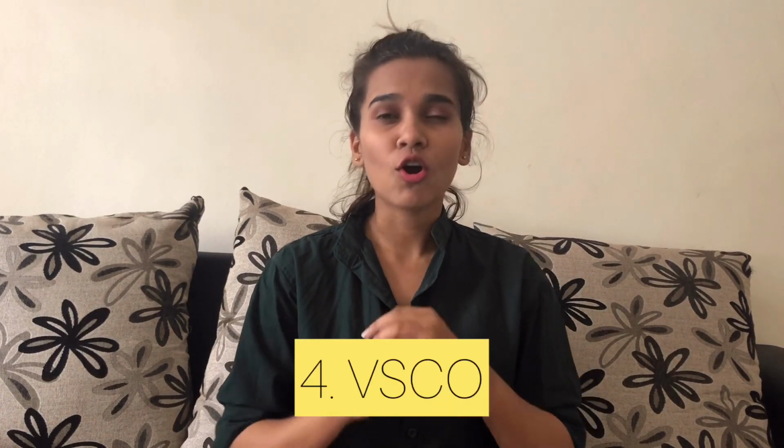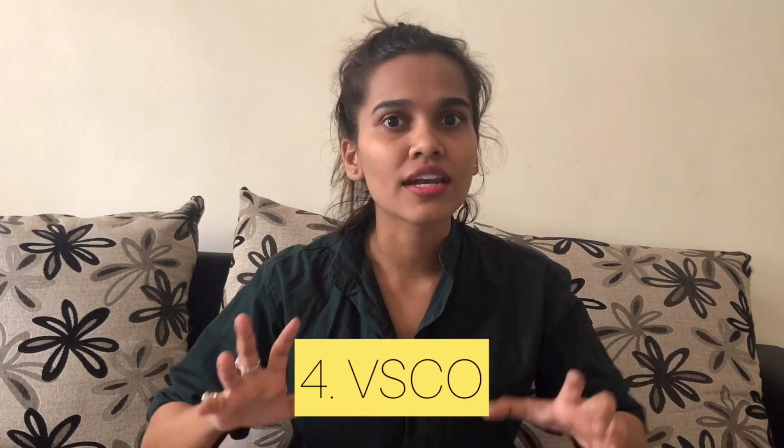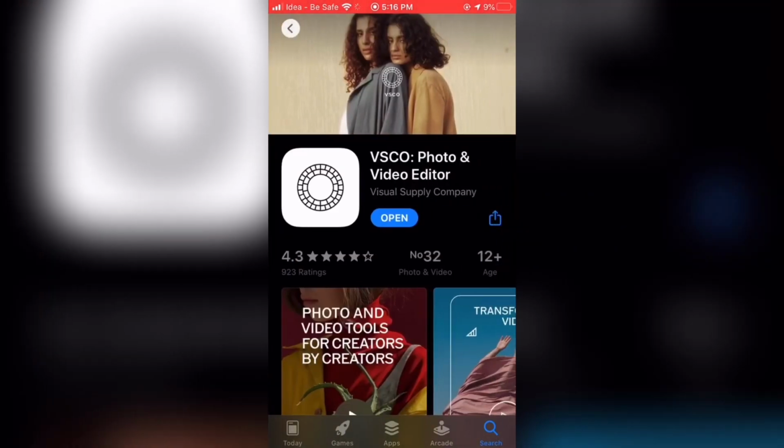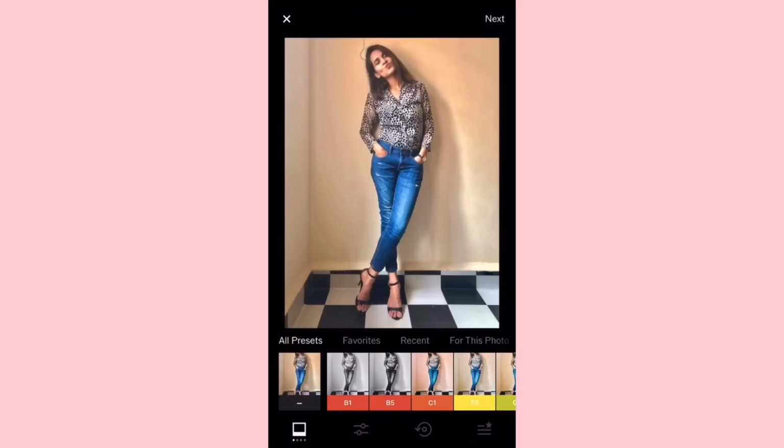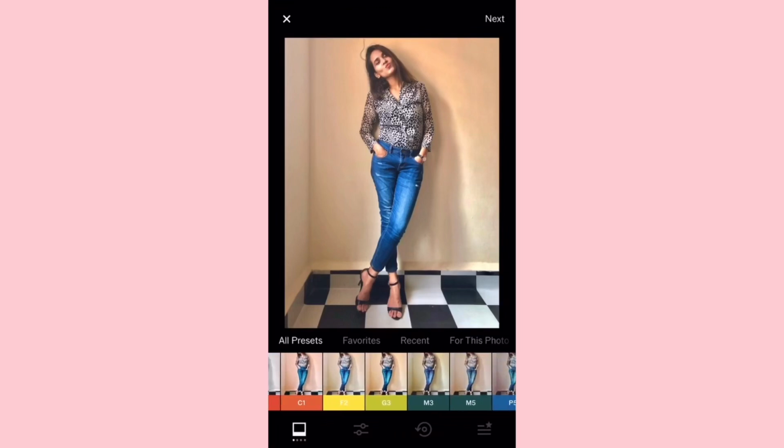I really love vintage pictures, and for vintage pictures I have got some applications which I use and really love a lot. So the first one is VSCO. VSCO has got a lot of tools and really very nice vintage looks you can create using the VSCO camera. VSCO also consists of a lot of filters, as you can see at the bottom of the screen.